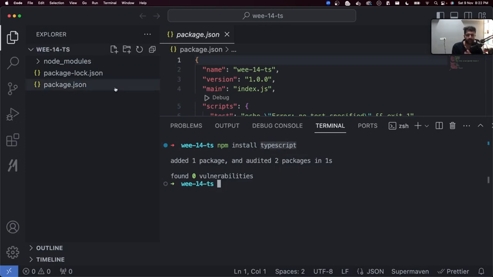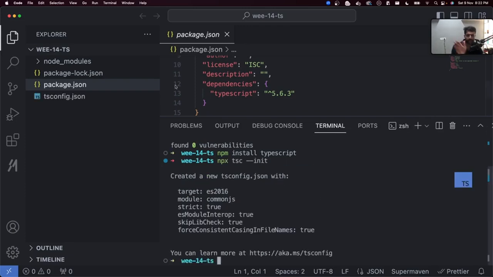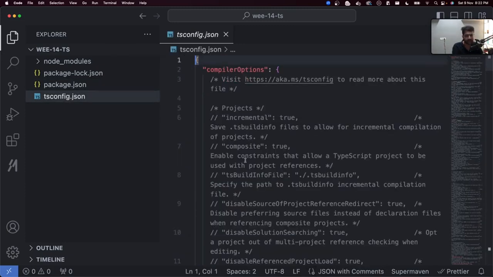Make sure you see TypeScript over here. Ideally, it should be a dev dependency because you don't really need TypeScript at runtime, but npm install typescript is also fine for now. Now run npx tsc --init and you will see an empty tsconfig.json has been created